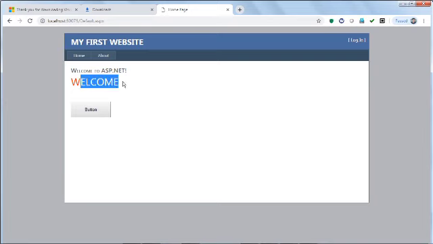That is, in button click we have written it will be converted to welcome. Label 1 will be converted to welcome to ASP.NET page 1. So we have created it.